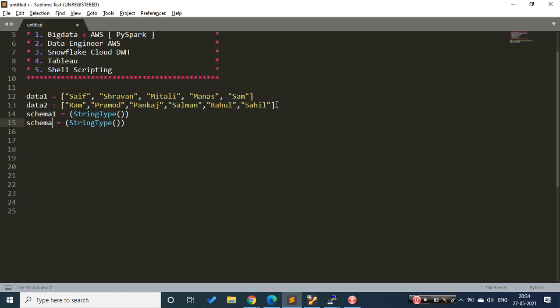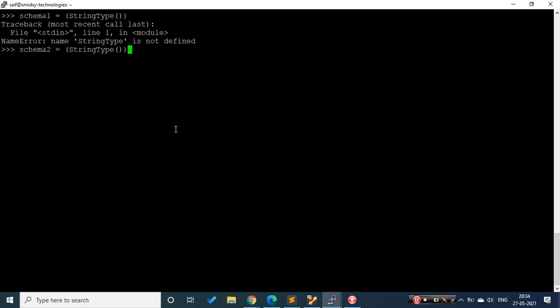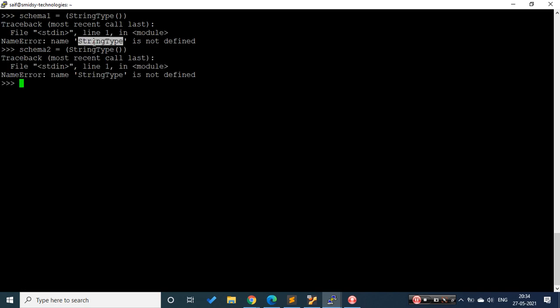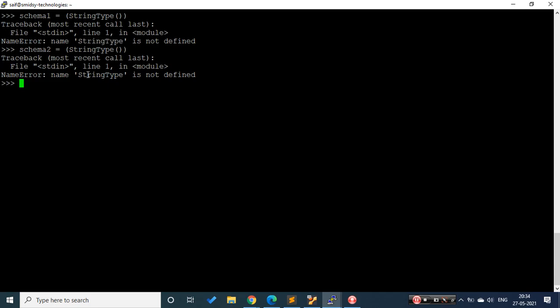I'm doing this because in the next line I will be using Spark to create a data frame eventually. To create the data frame, you need to have data and a schema. Let me copy this schema and paste it over here. Okay, it is giving us an error, telling us that string type is not defined.